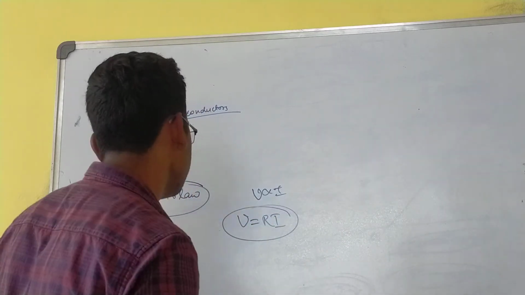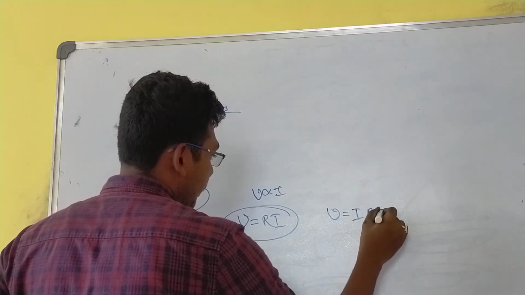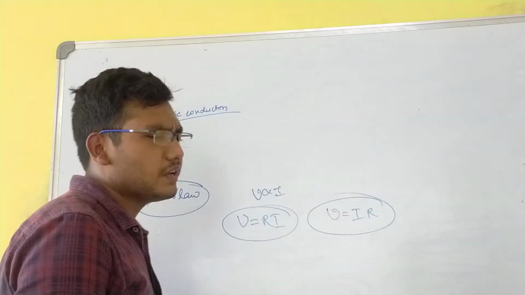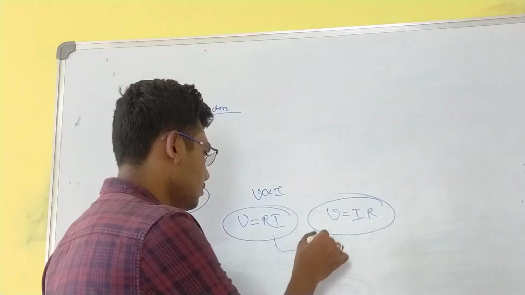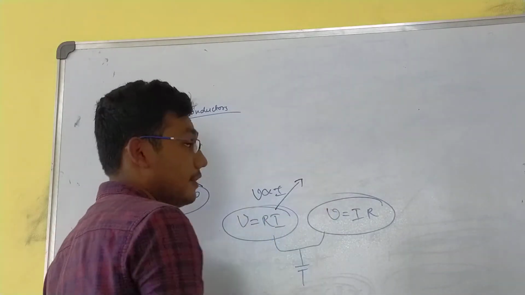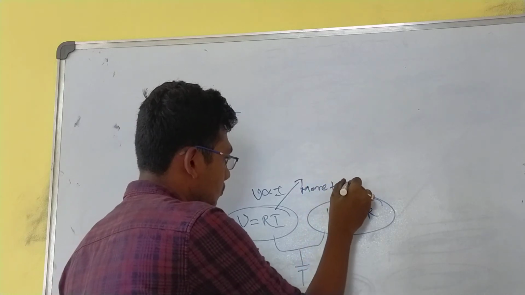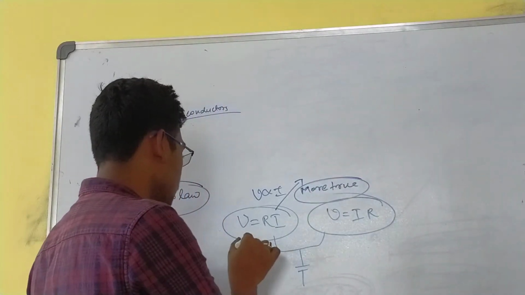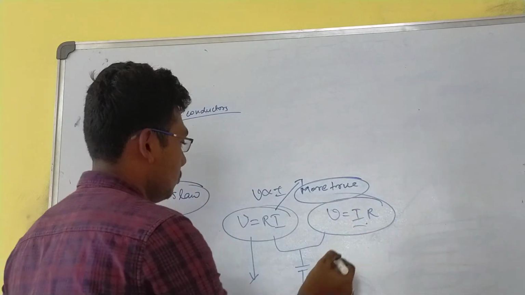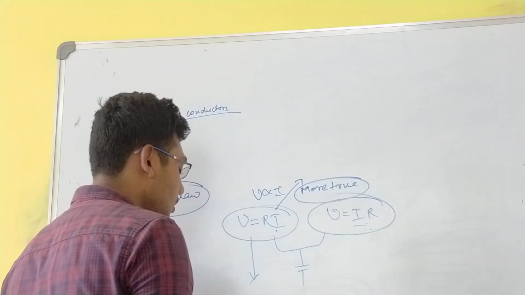There is one controversial statement. Is it V varies as I, or V equals IR? Which one is true? From a basic numerical perspective, we can say that both are true. Which one is more true? To be precise, this one is more true. For writing the statement, we will prefer writing this one rather than that. Let me explain why it is less true and why it is more true. I'm not saying it's not true, it's true.